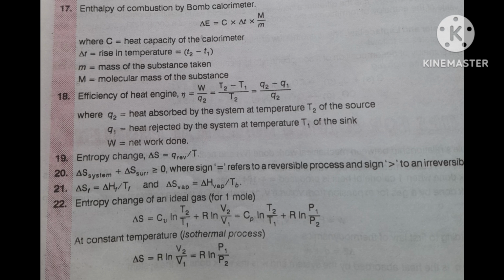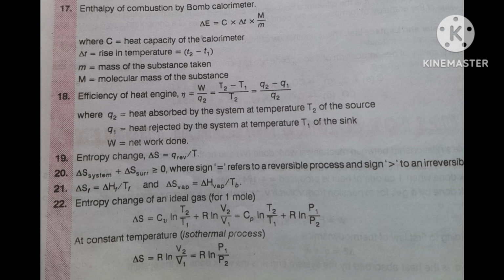Correct? Then this delta S is related to Cv ln T2 upon T1 plus R ln V2 upon V1, and this is equal to Cp into ln T2 upon T1 plus R ln P1 upon P2. Both are related. This is a very very important relation. And now you have to put some condition, then new relation you will get. Only in this relation what I discussed, now you put some condition, like when temperature is constant,